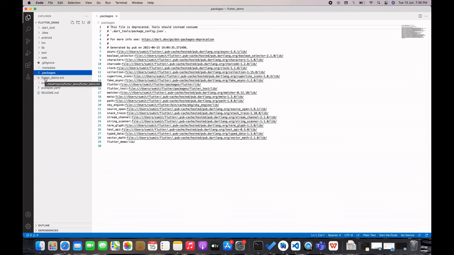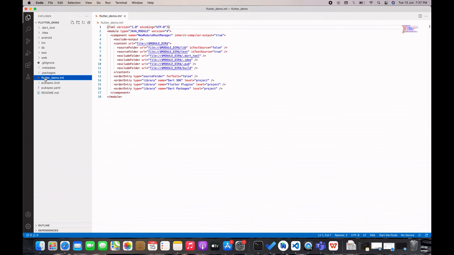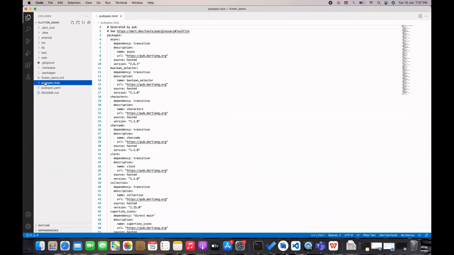.iml file. The .iml file is again an Android project specific file that contains information about the Java module. There is no need to make any changes here. The pubspec.lock file is the helper file created next to the pubspec.yaml file. It lists the specific versions of the dependencies that packages use in your application and ensures the versions stay consistent across different developer machines. There is no need to make any changes here.